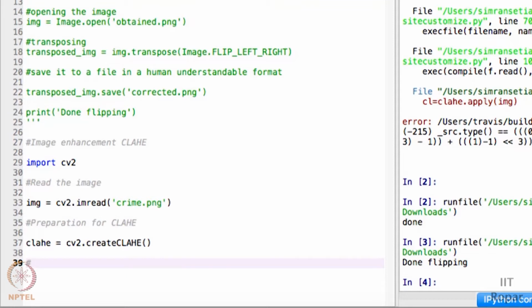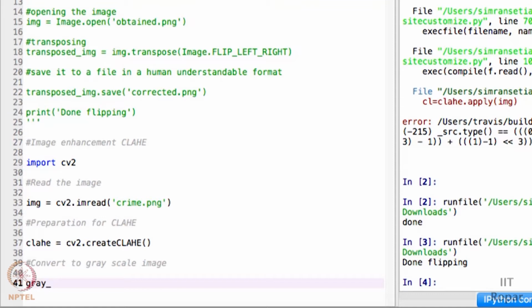So let us convert it to nothing but a grayscale image. We have to convert the image into a grayscale value so that this enhancement technique can be really effectively applied. Let's convert it.